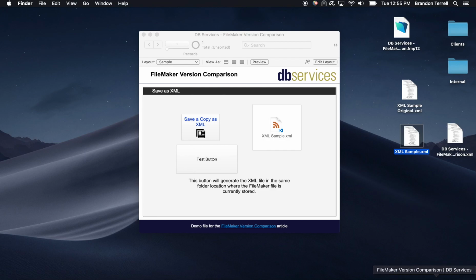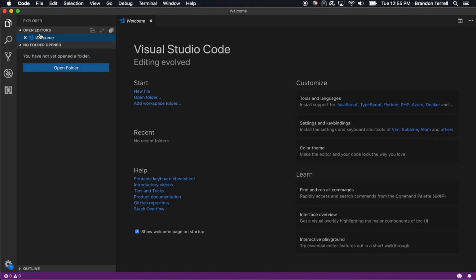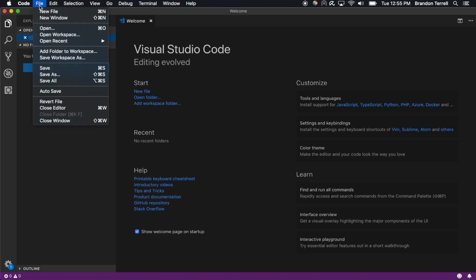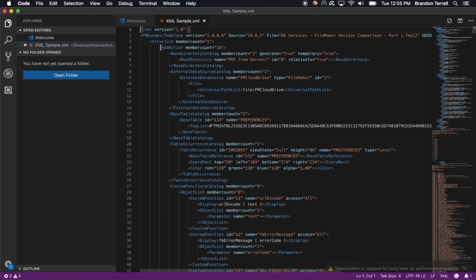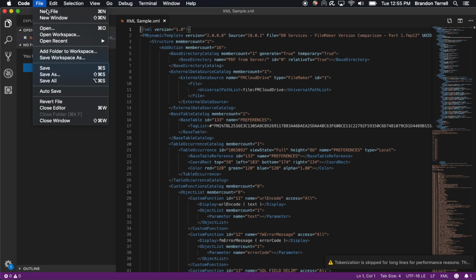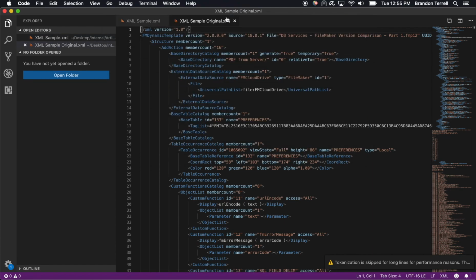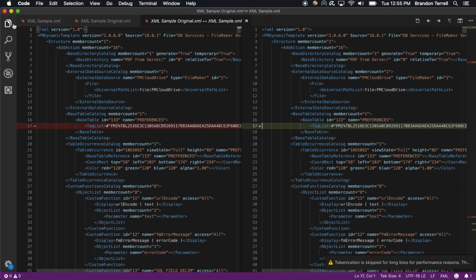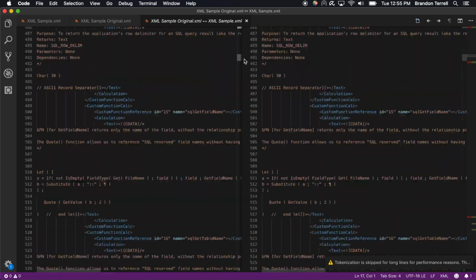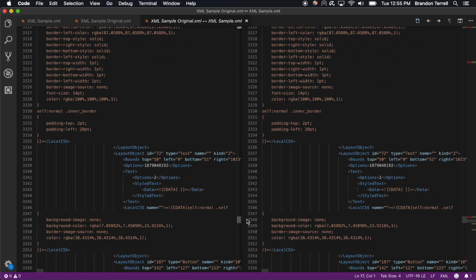Now, if you run a differential against these two versions, what you can see is, if we open up our file, so our XML sample, and if we open our XML original sample, and we can run diff on the file, you'll be able to see here as we scroll down towards the bottom here is all the information for our database.